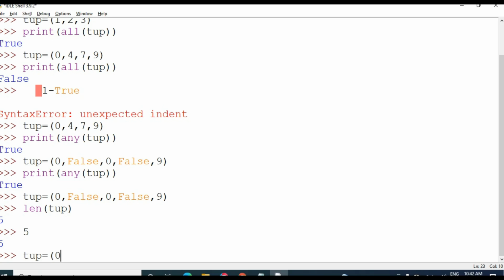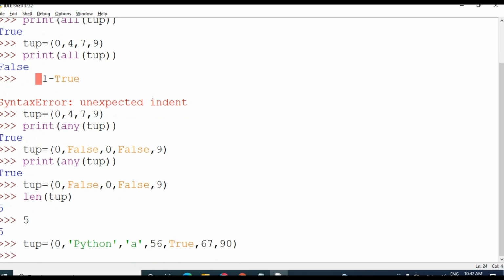And I am taking one more tuple also. True, 90.